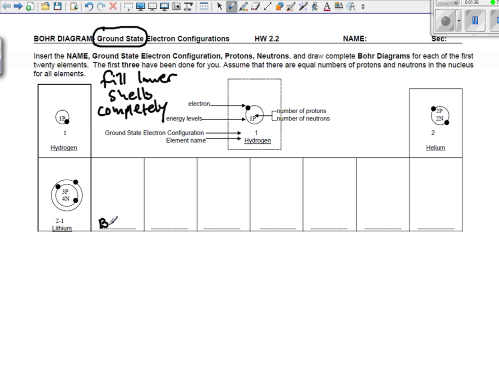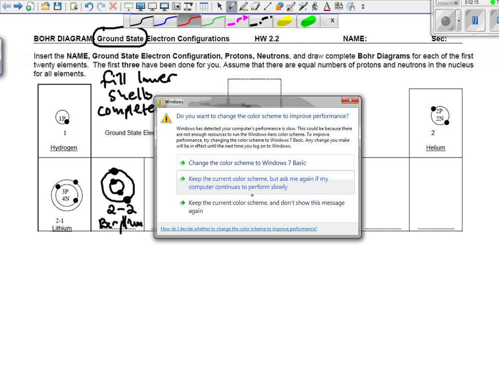So I'll write beryllium, and it's set on the reference table 2-2. And what that means is that there are 2 electrons in the first shell, and there's 2 electrons in the second shell. Okay, now what goes in the center, and I obviously can't write very large, is in the instructions it says insert the name, we did that, beryllium, the ground state configuration, 2-2, we did that, protons and neutrons,